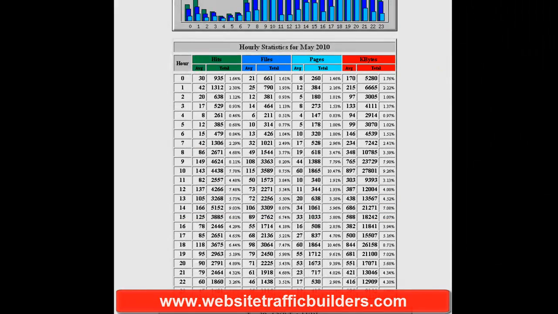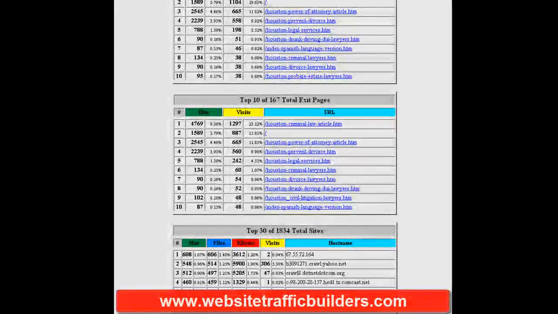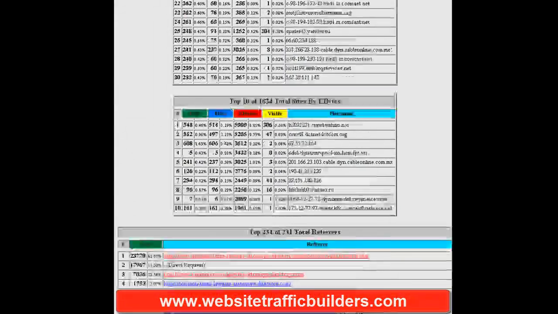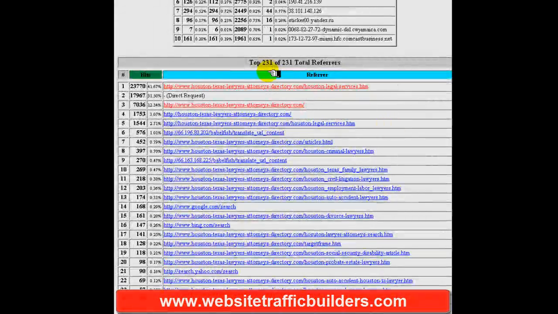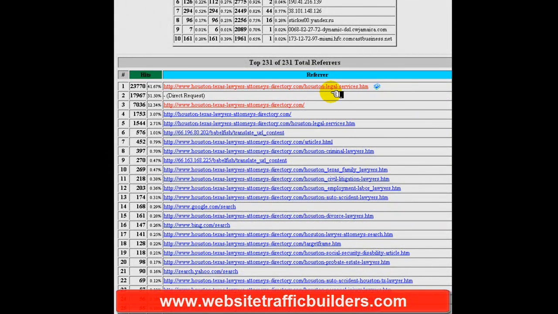We have limited time, so I'm just going to run down to one of the more important aspects of this. I mean, they're all important, but let's go down a little further here. And here you can see total referrers. Now these are where people are coming from right before they come into your index page. So if you look at the first one here, they're actually coming in from an inside page on the site, and then this is the direct access,